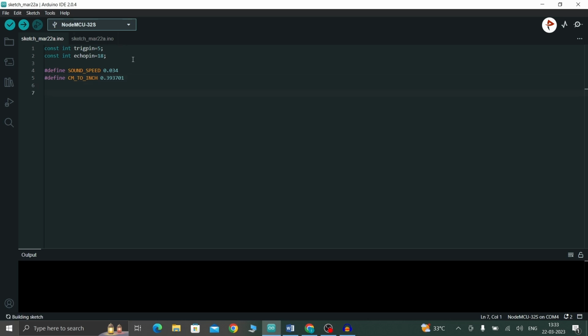So now I am going to initialize all the variables. So first, long duration. It saves the travel time of the sensor. So now float distance centimeter. It saves the distance of an object in centimeters,